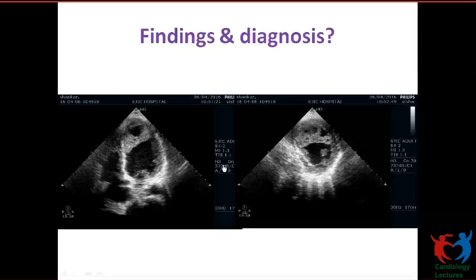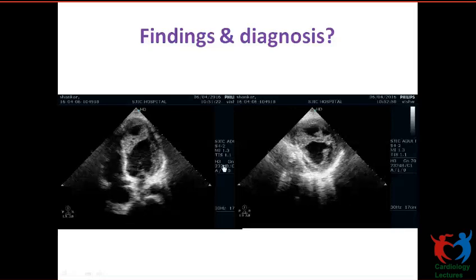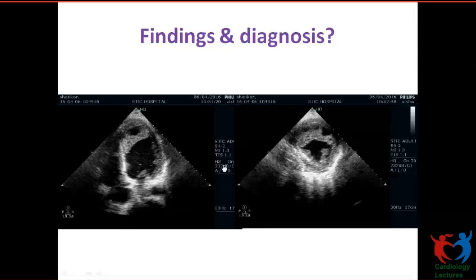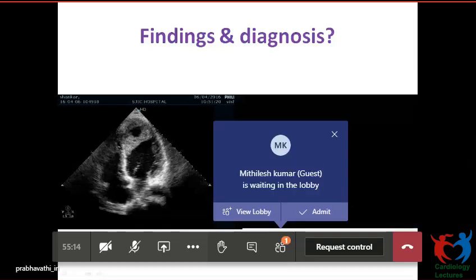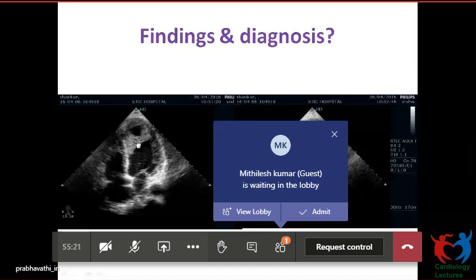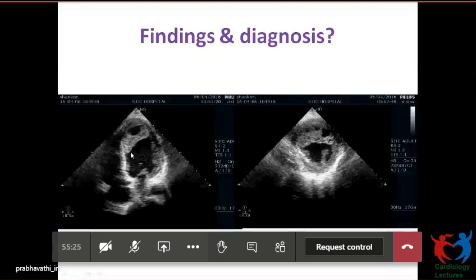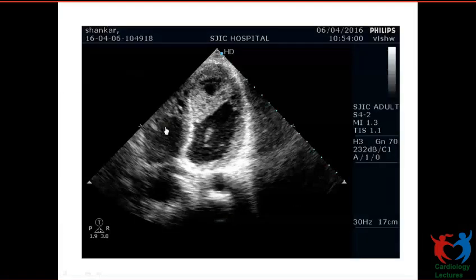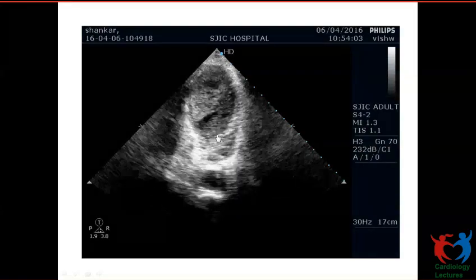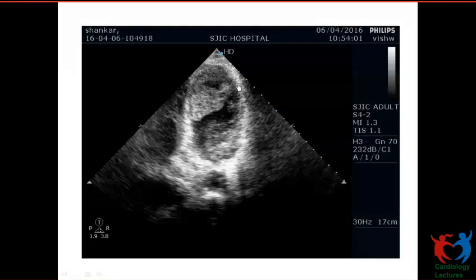What's happening? LV apical thrombus, no? So what is the difference between the previous one we saw, intramyocardial hematoma, and this? The movement of the inner layer, ma'am, that which was there in the previous intramyocardial hematoma. There you saw a clear cut one. You see the same patient. You see another thrombus here. So these all, and you can see a kinetic